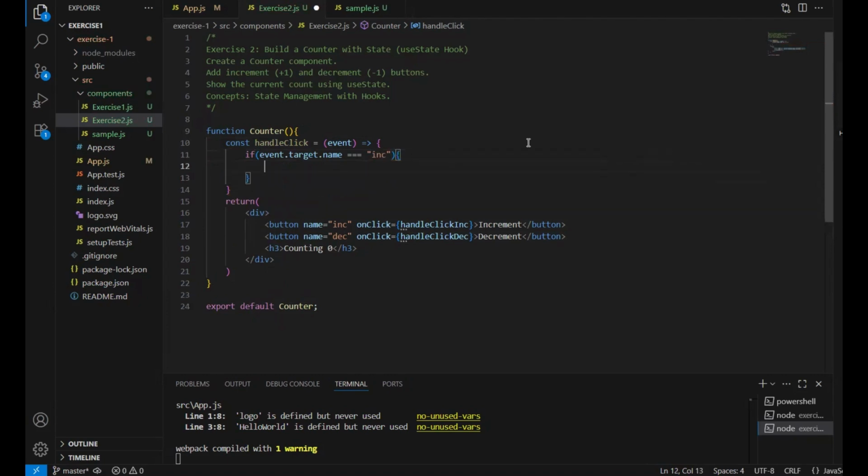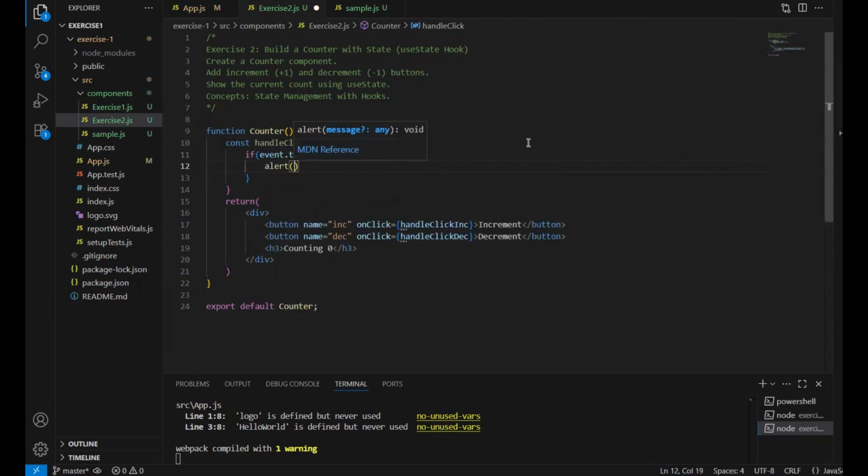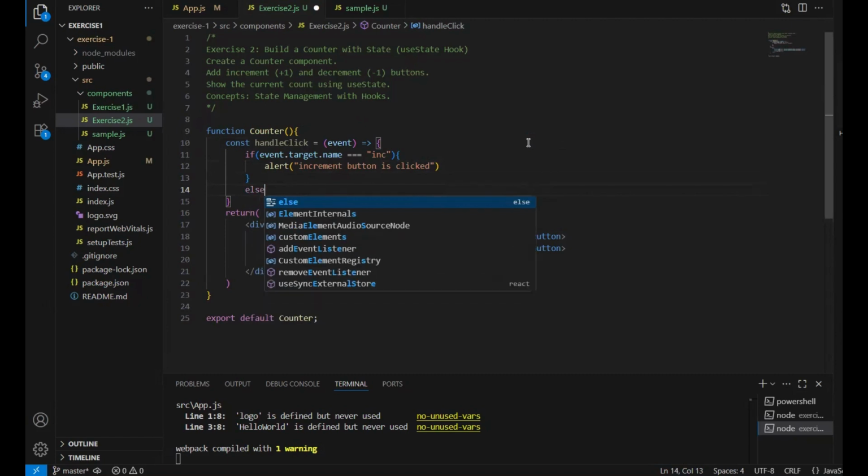And inside of this if statement, I'm going to send an alert saying that increment button is clicked. And then I'm going to create an else if statement,